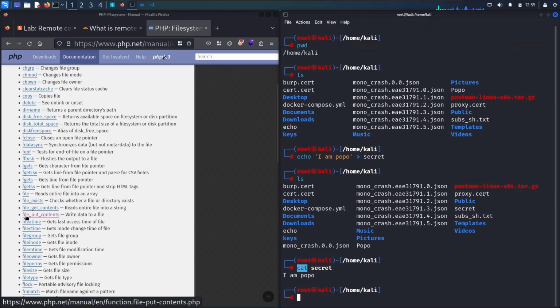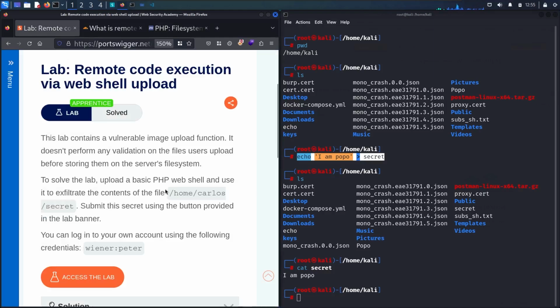You can also see file_put_contents, which can write data to a file, which is similar to what we did here. So in this lab, I'm going to focus on file_get_contents to read the content of the file